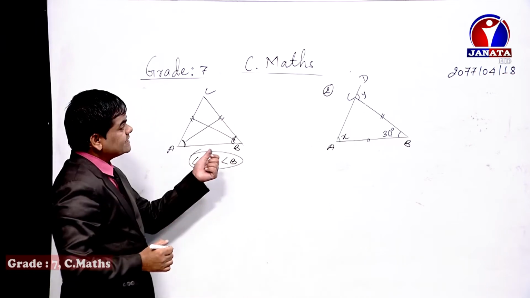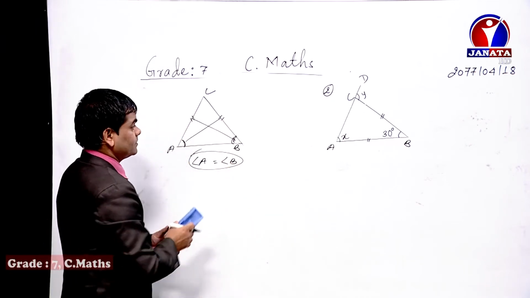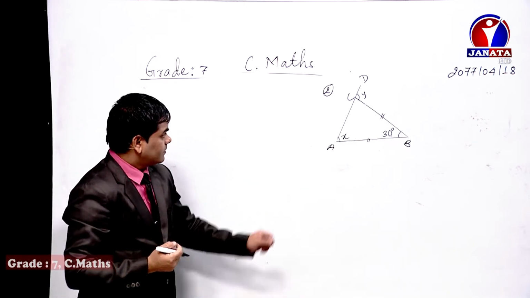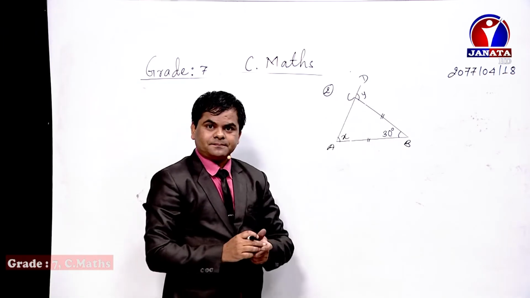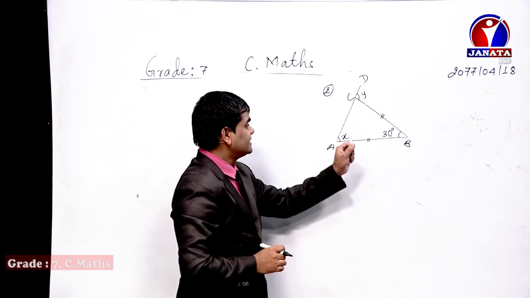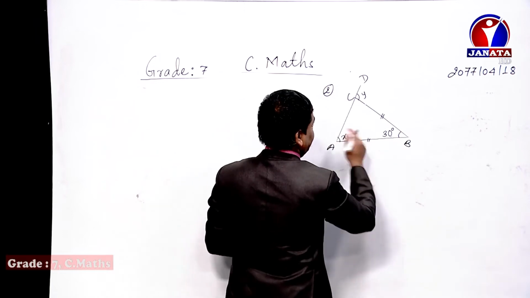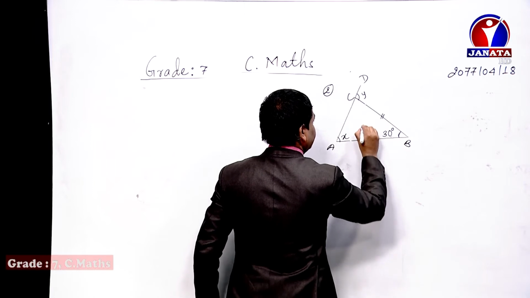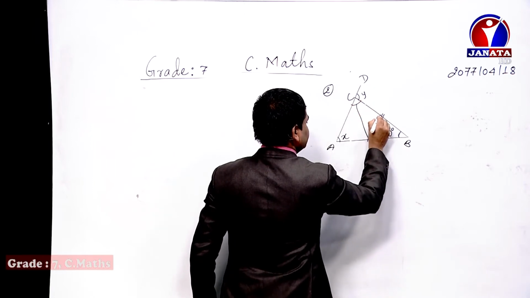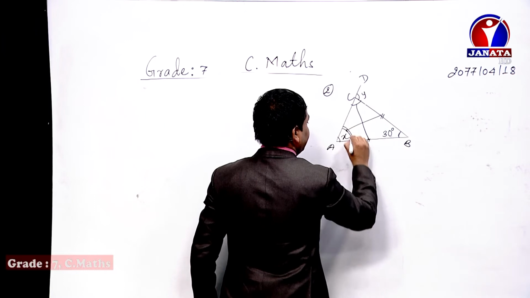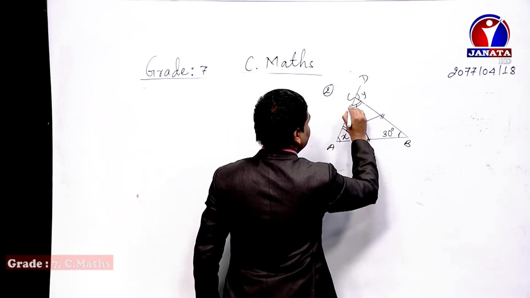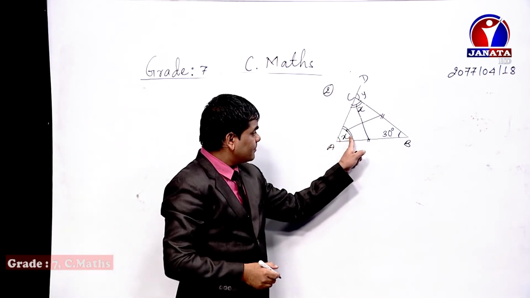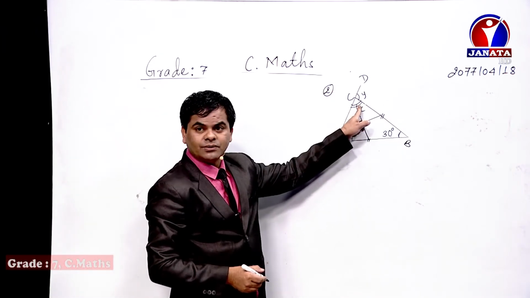So by using the same concept, can we find out the value of angle x and then y? If you see just this triangle, it has a vertical angle, because opposite to this one angle and opposite to this equal side, this one angle, they are equal to each other. It means we can write this one angle also as x, because the variable x is given here, so we can write this one also as x.